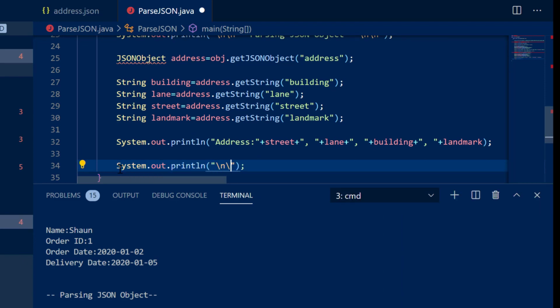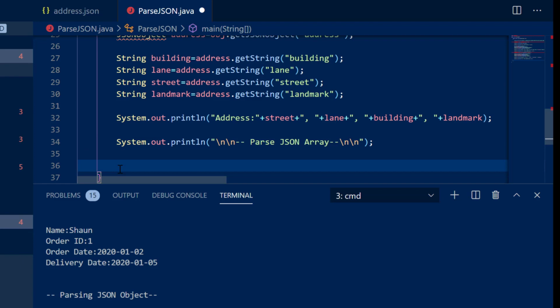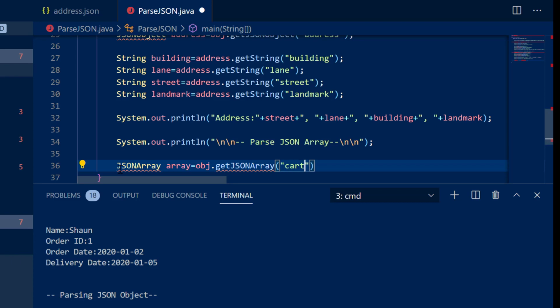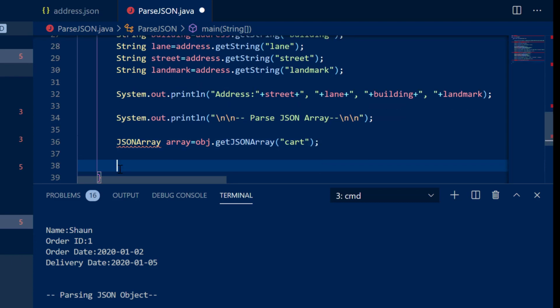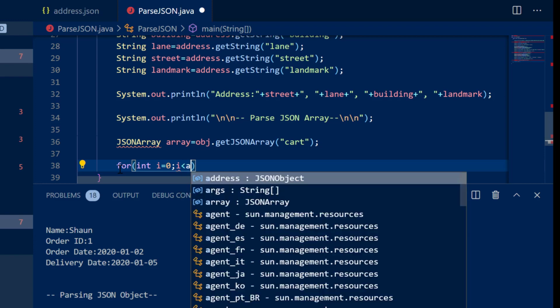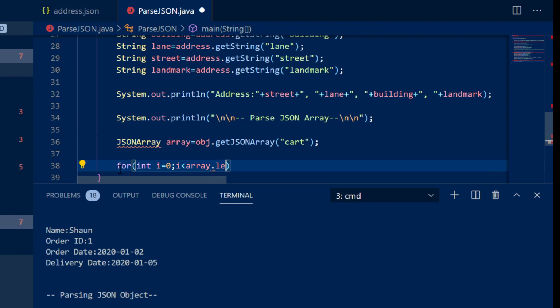Get the and parse, basically parse the JSON array. This is very simple because this JSON array contains what? Another array inside it, sorry, objects of array inside it. So I'll do what? JSONArray is equal to obj.getJSONArray, and the name of that array is nothing but cart. And like I normally do a for loop for an array here. Int i is equal to 0, i is less than array.length, i plus plus,